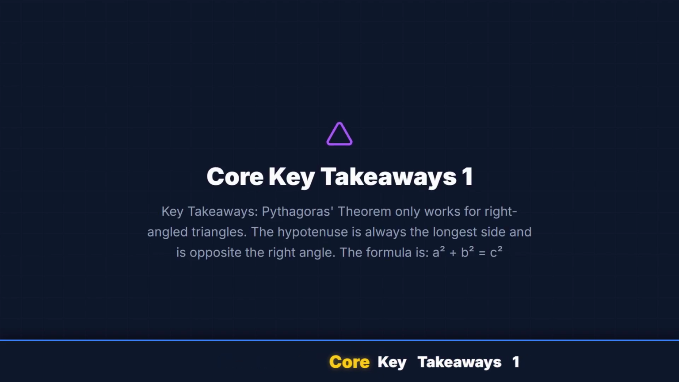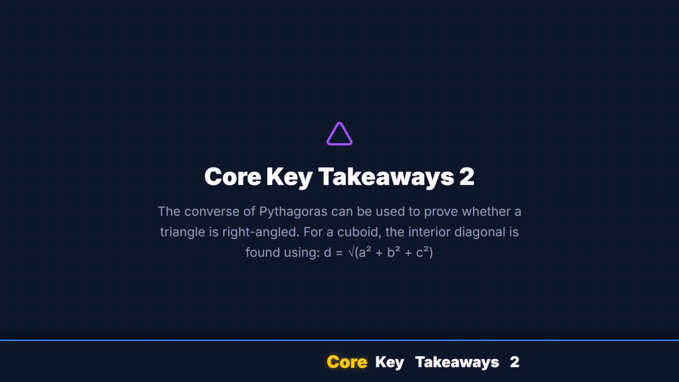Key takeaways: Pythagoras theorem only works for right-angled triangles. The hypotenuse is always the longest side and is opposite the right angle. The formula is A squared plus B squared equals C squared. The converse of Pythagoras can be used to prove whether a triangle is right-angled. For a cuboid, the interior diagonal is found using D equals the square root of A squared plus B squared